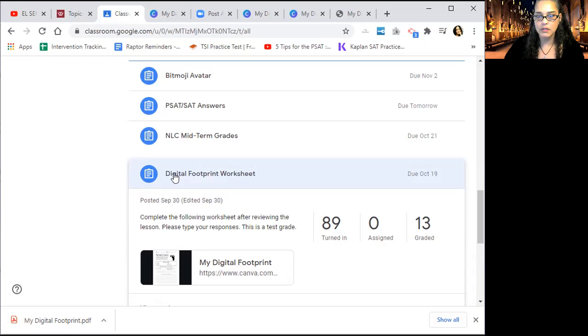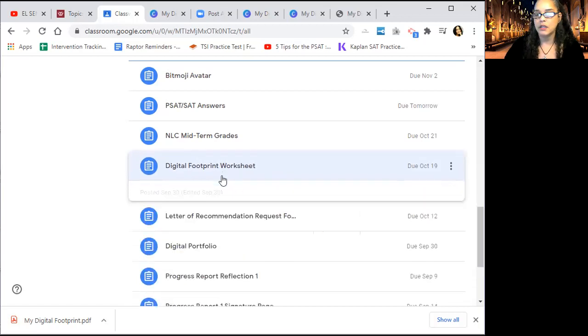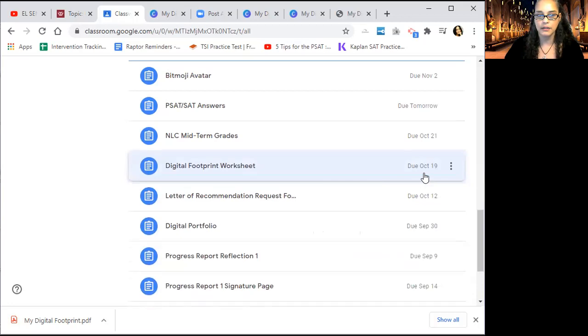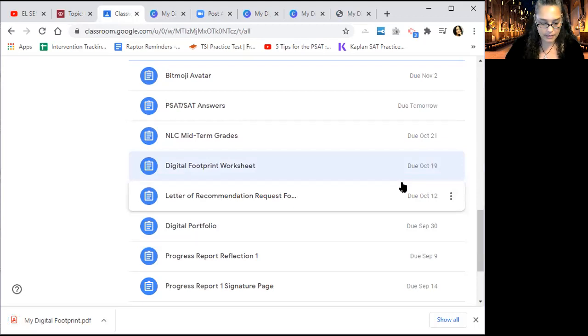So this assignment was issued on September 30th, when we went over the slideshow. The assignment was not due until October 19th. So let's see how long that was that you had. September 30th would have given you 2.5 weeks to complete the worksheet questions. So on October 19th, if it was not turned in, according to the new grading guidelines, you have 7 extra days to turn in your assignment. So that 7th day